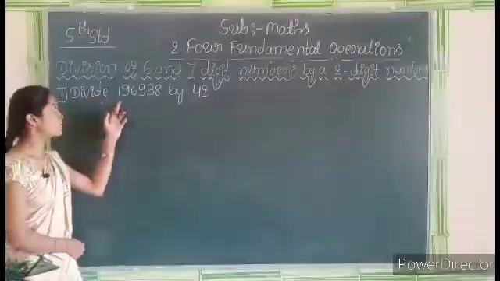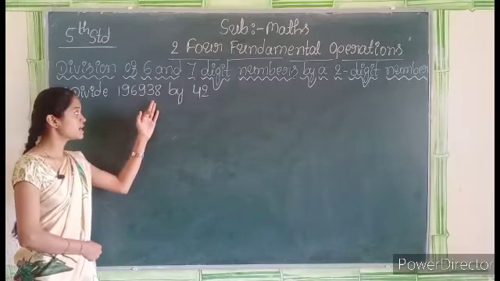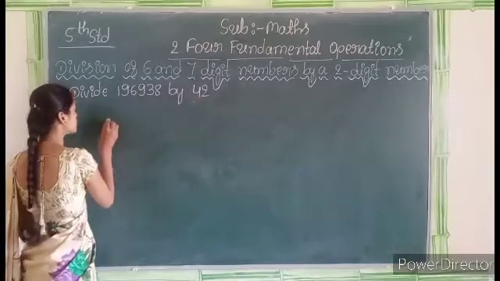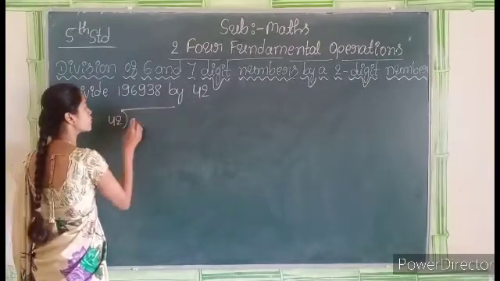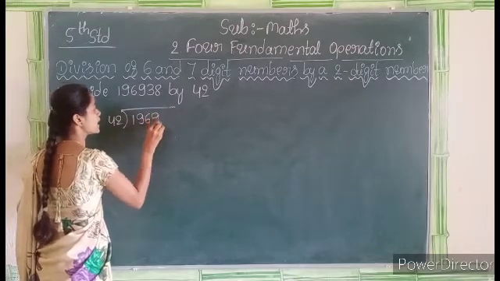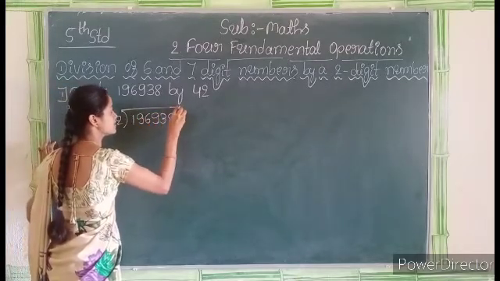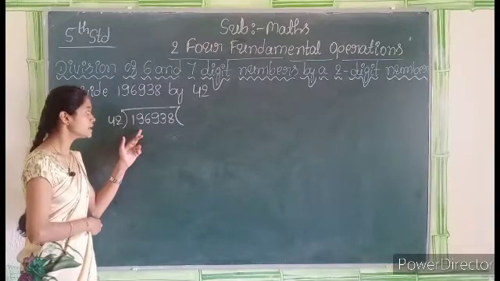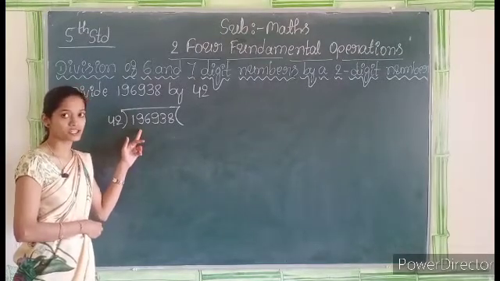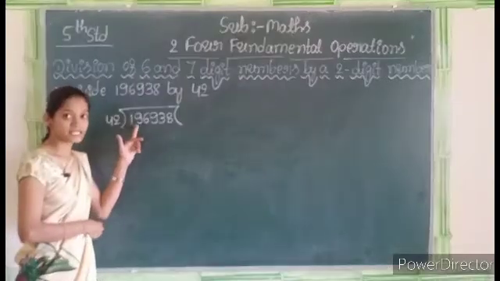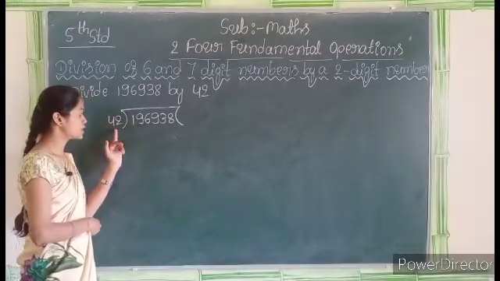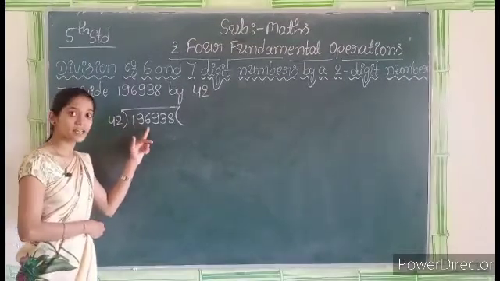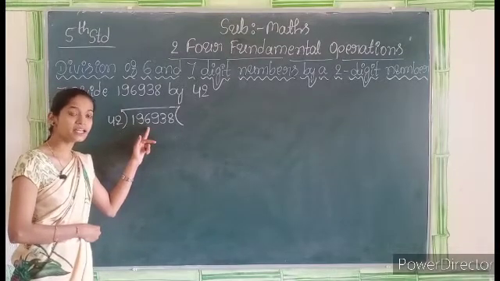We have to divide 1,96,938 by 42. Here 42 is the divisor and 1,96,938 is the dividend. The divisor is a 2 digit number, and if we consider the two leftmost digits of the dividend, that is 19, this 19 is less than 42. We cannot divide 19 by 42. That's why we have to consider the three leftmost digits of the dividend, that is